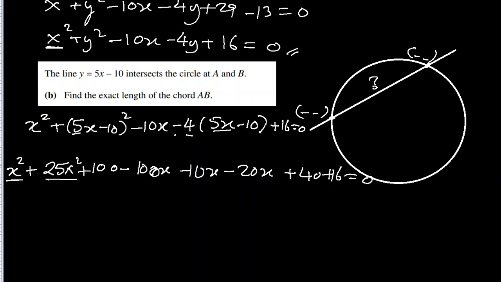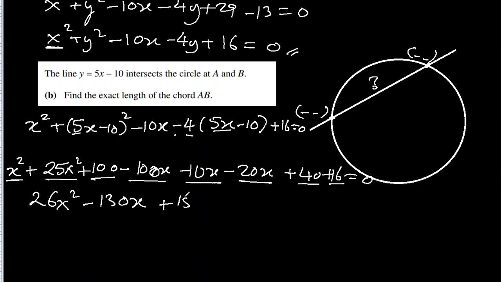Okay, x square plus 25x square, it will be 26x square minus 100x minus 10x minus 20x minus 130x. 100 plus 40 is 140 plus 16,